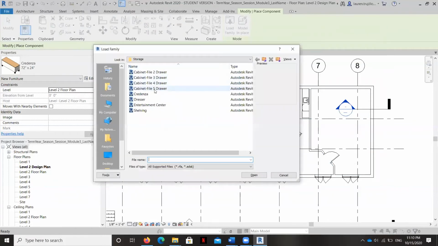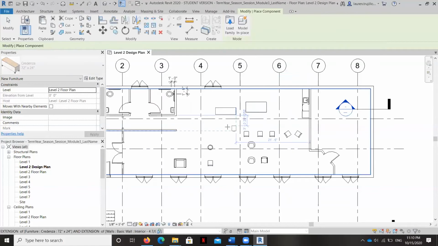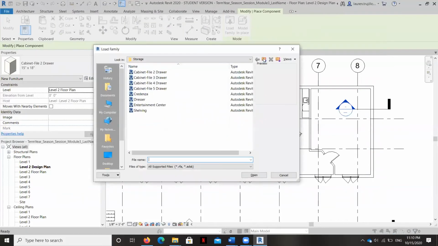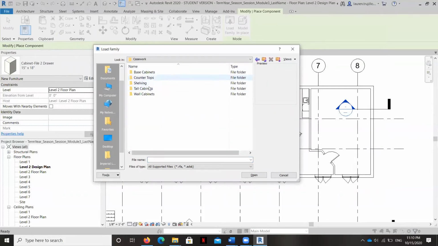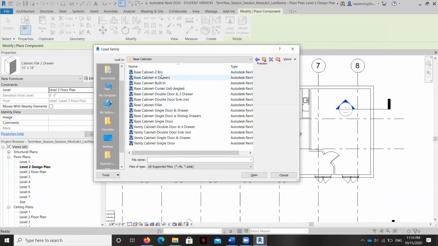And then I'm also going to grab a file cabinet here. Let's go ahead and do a short one for next to the desks. Okay. And there's also cabinetry here. If you're looking for cabinetry, base cabinets, counter cabinets and countertops, that's all here. Okay. And they're easy. You can just create a base cabinet right here. Select which one you want.